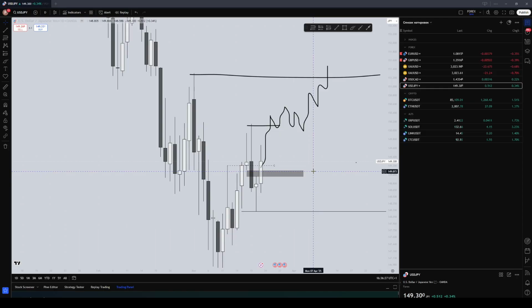So, just work from the reaction. If we can see reaction at any liquidity pool, we need to understand, okay, we can see the reaction, we can see confirmation, so now where could price go, and where I can take a trade. If price will ignore this liquidity pool, where could price go next. So, analysis this way, just by the reaction. No high time frame predictions, but different possible scenarios.